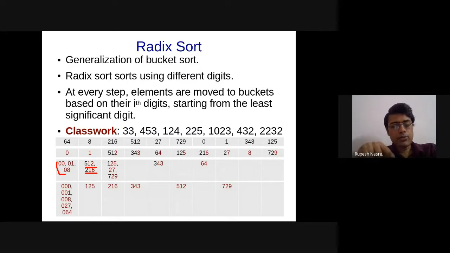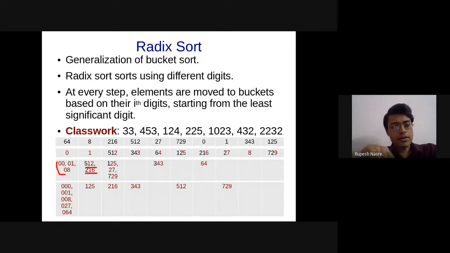One guarantee that radix sort gives is that across iterations, not within the same iteration, if you are going from left to right, the smaller element is always going to appear first and then the larger element, and therefore you can afford to append the elements into a bucket. For example, 0001 and 08 might appear in some order if they are appearing in the same iteration, but if you are going from left to right, they will still appear in the sorted order.